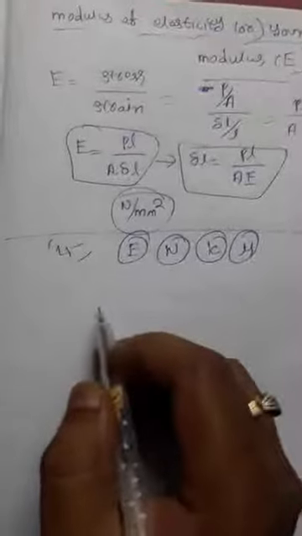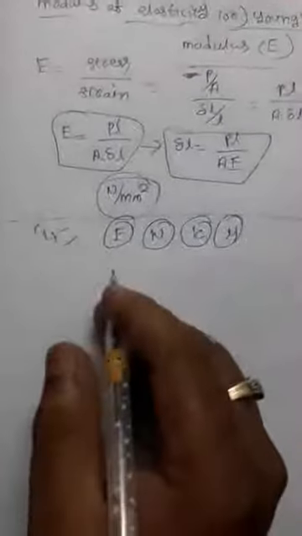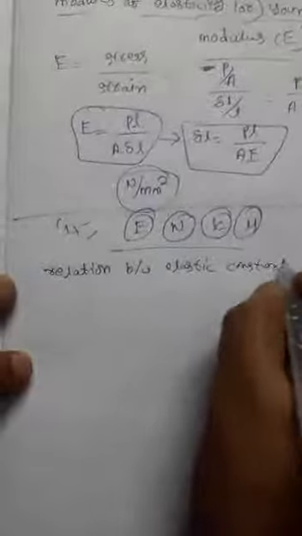For the 5 marks question in part C, there is one question on this particular topic. Two questions come in your final exam on this topic: find elastic constants. From this question you can also understand the relation between elastic constants. These are very important for your 5 marks question that is coming in part C.